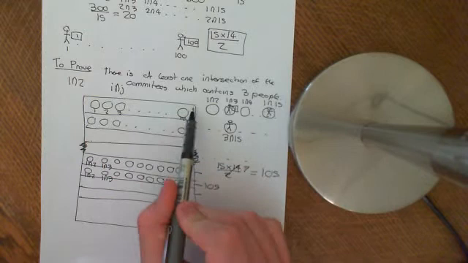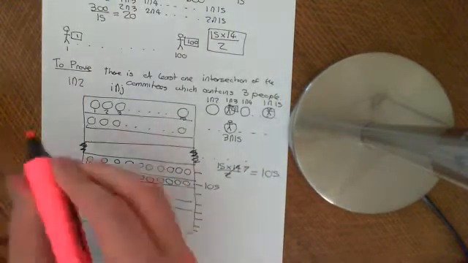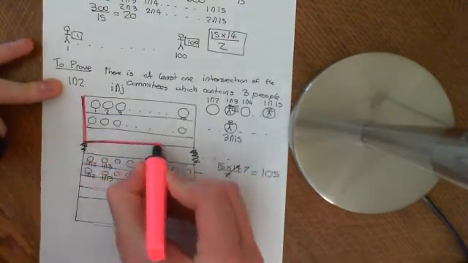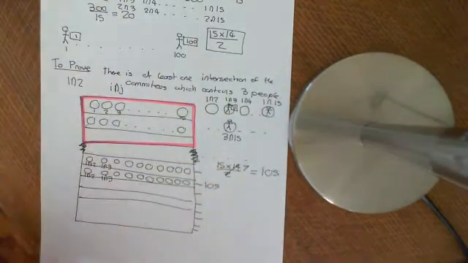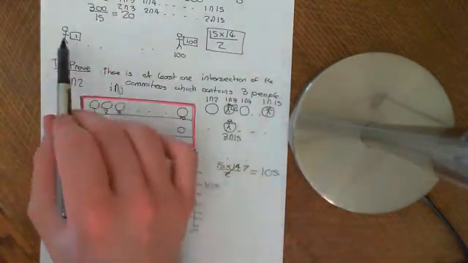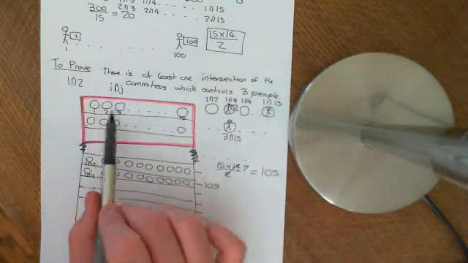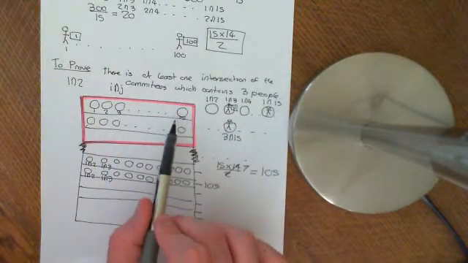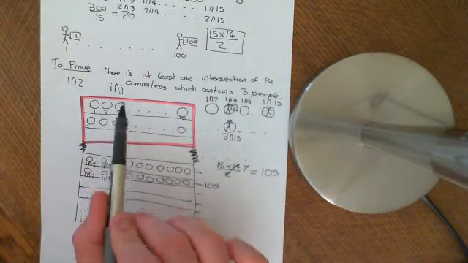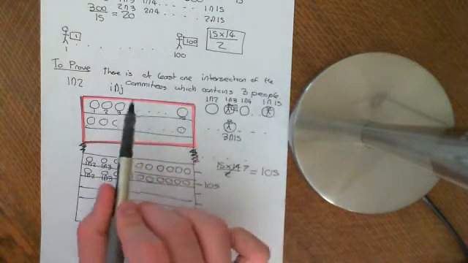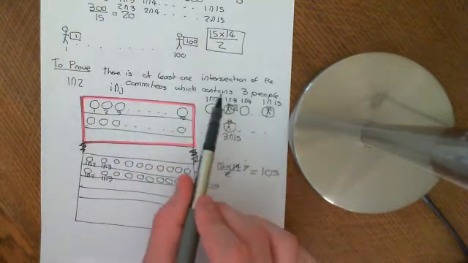Basically, we've made this probability space, and to make the boundaries more clear, I'm going to highlight them. We've made this probability space which contains every possible way of ascribing these 100 people into these 15 committees. What we're trying to prove is that at least one intersection of these committees